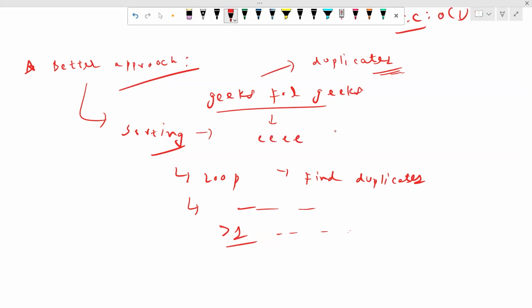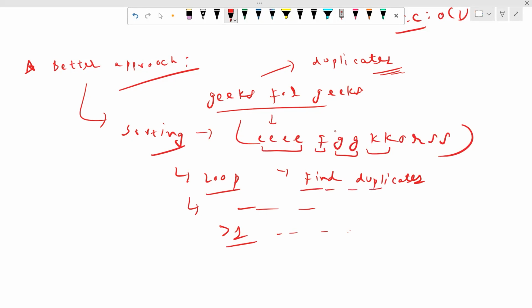So it will be something like this: E E E F G G K K O R S S, right? From there you can see all the duplicate characters came together, right? So you just need to loop over the entire thing, find the duplicates, and count the number of duplicates, right? When you talk about the time and space complexity for this, the time complexity would be